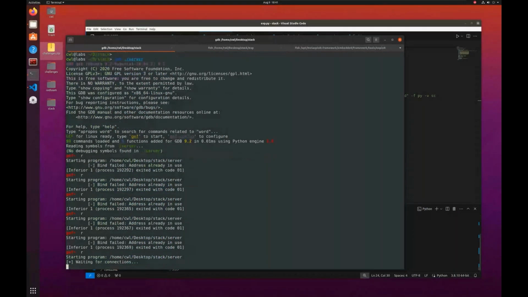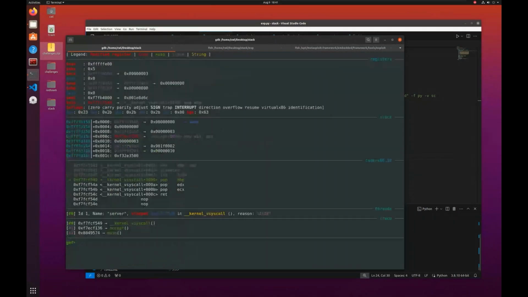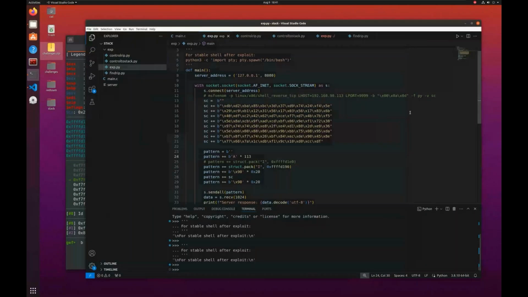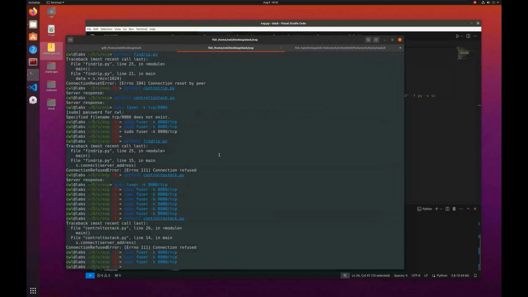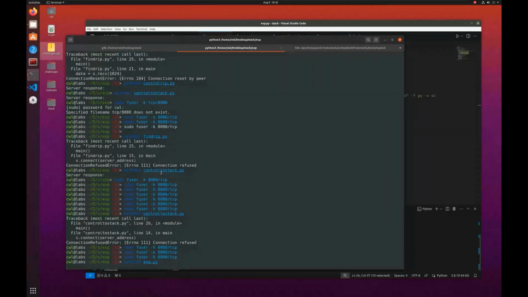Okay, now it is waiting for the connection. We'll put the breakpoint at this address where we want to control our execution, which is FFFD190, where the NOP codes are present, and continue the program again. And then we will send the exploit. And as you can see here,